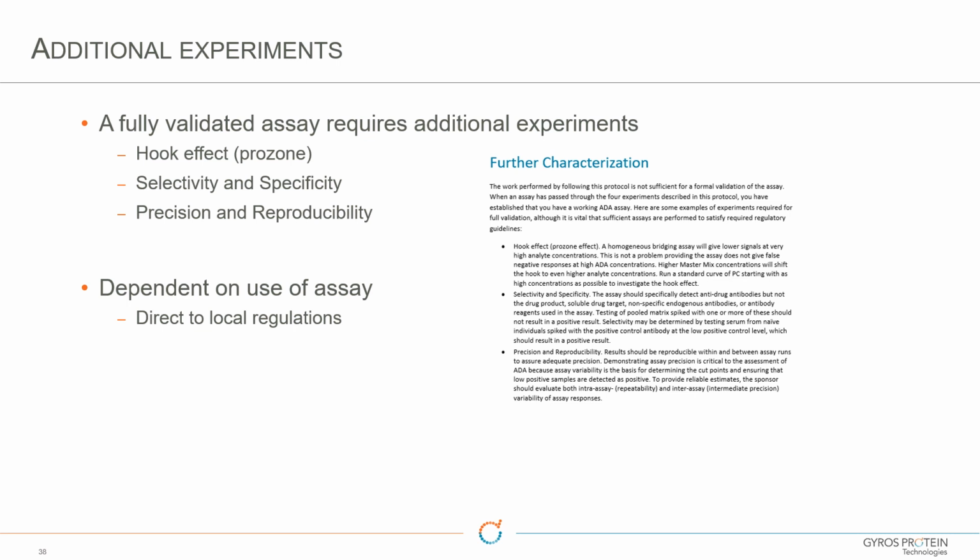That's a kind of indication of matrix effect. You also might want to look at precision and reproducibility of both your negative and your positive controls. But all this is dependent on how you're going to use your assay, what stage your drug development is, and it really is for you to discuss with your regulatory experts and potentially the regulators, and based on local regulations. And again, as always, you want to involve your own biostatisticians to oversee some of the work as well